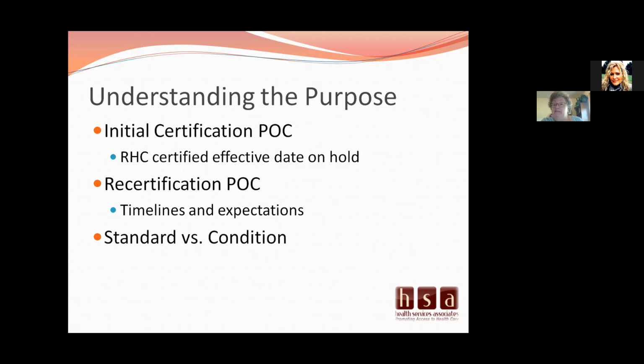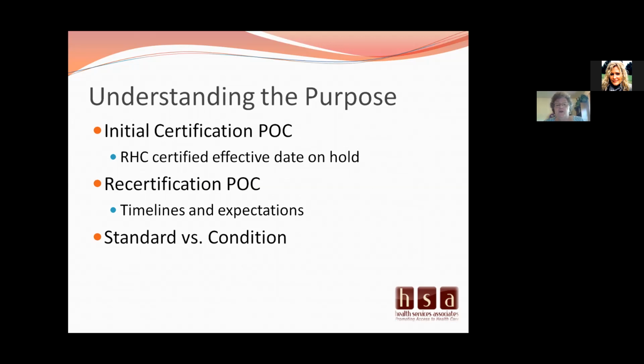You used a single dose vial and turned it into a multiple use. That's a condition. And so there's a difference of how we look at those, and there's a difference in how they really need to be viewed by the surveyor as well as addressed. There's more microscopic scrutiny under a condition than there is a standard, even though they're both deficiencies.